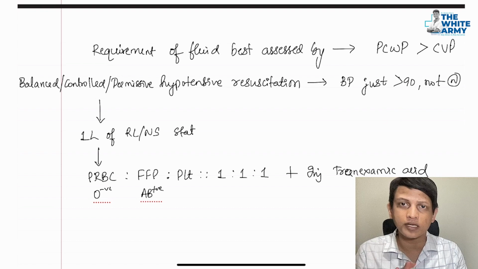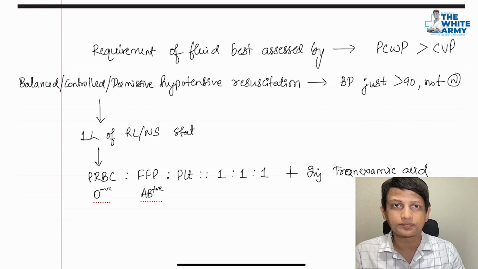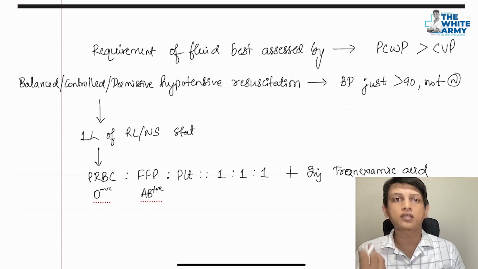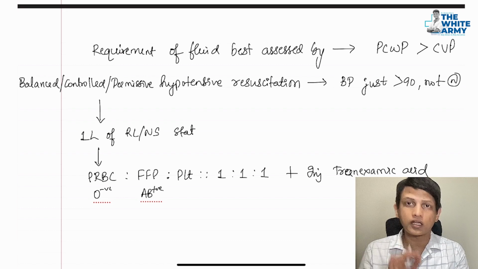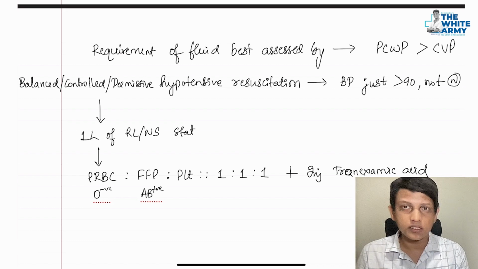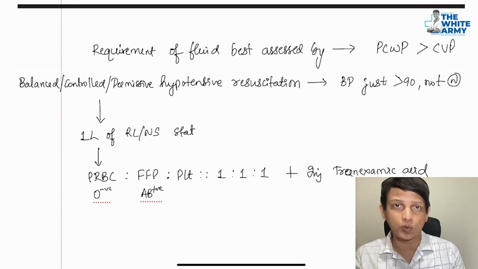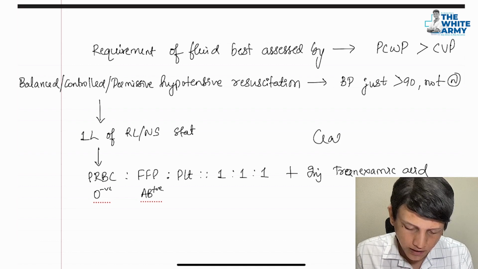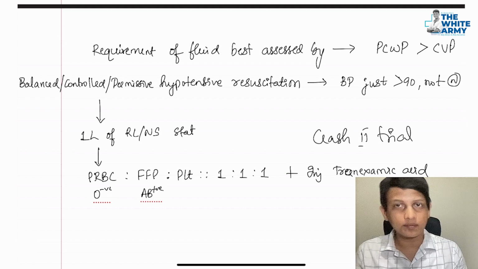Nowadays it's clear-cut, mentioned from the 10th edition onwards: 1 liter of crystalloid. After that, if the BP is still low, then you can start transfusing blood or blood products, always in the ratio of PRBC, fresh frozen plasma and platelets at 1:1:1. And as per the CRASH-2 trial, ask you this also,